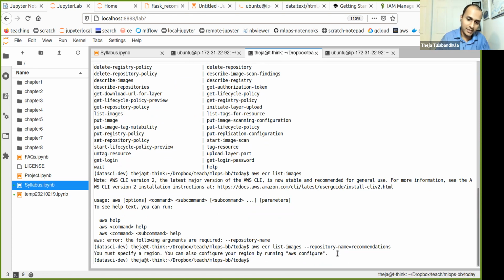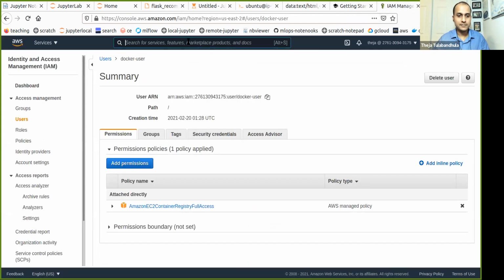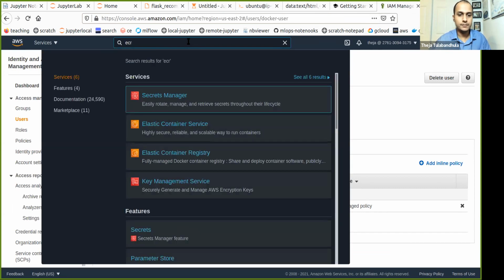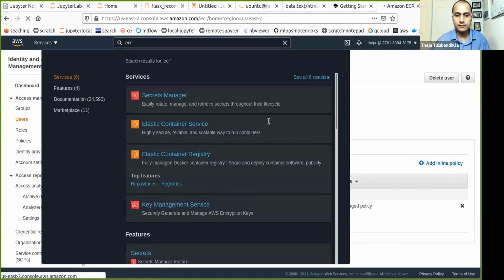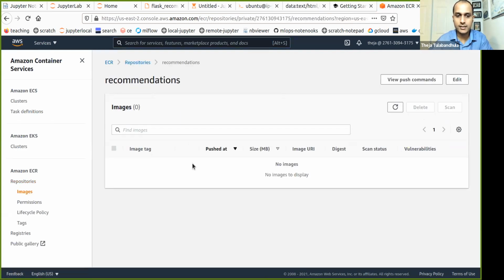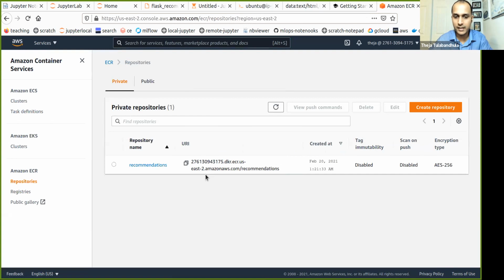Okay, I have to specify a region. Oh my god. So I created this repository. Let's actually go back here. It's in US East 2. Okay, so that's the region.